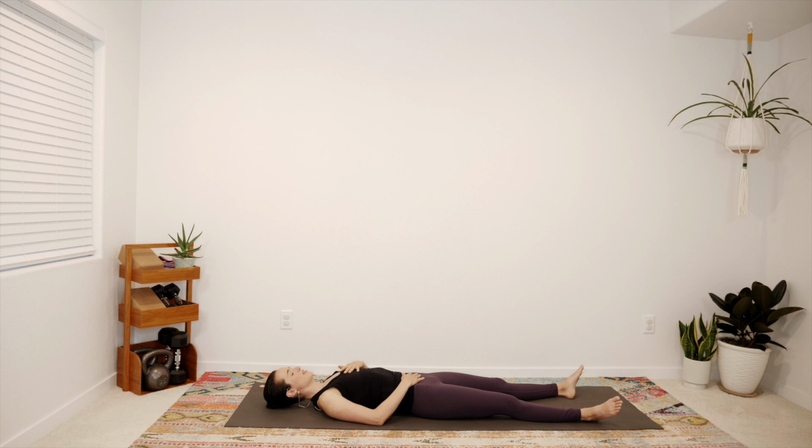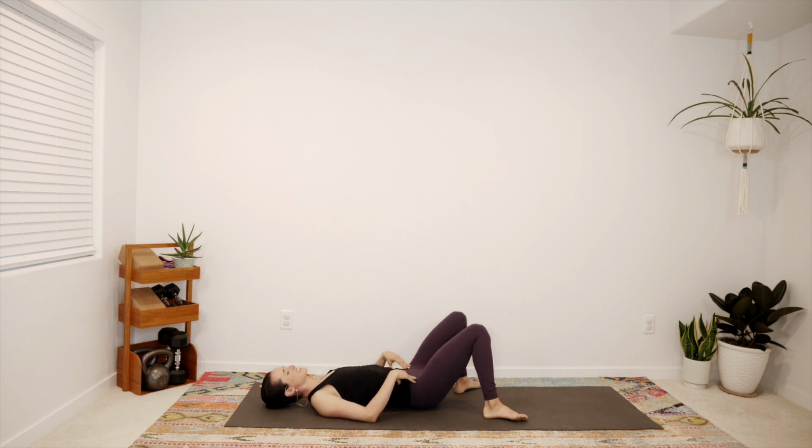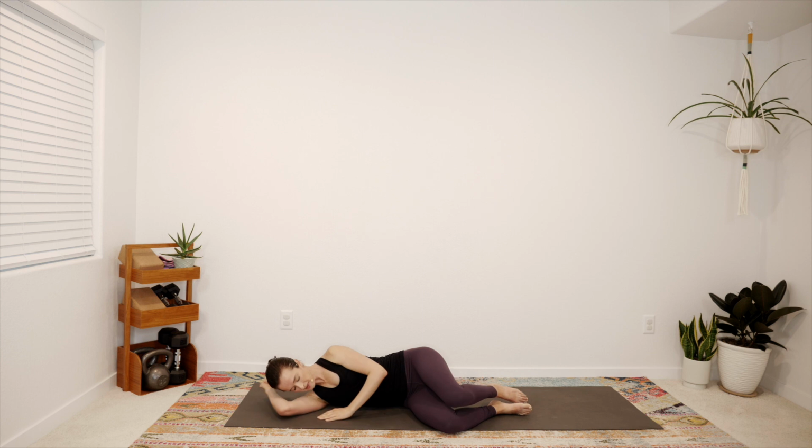So can you draw upon the qualities of water to promote your healthiest flow, both literal and creative? When you're ready, begin to bend your knees, windshield wiper the knees side to side, just awakening the hips. And in your own time, rolling to one side, nice and slowly transitioning out of your resting posture,